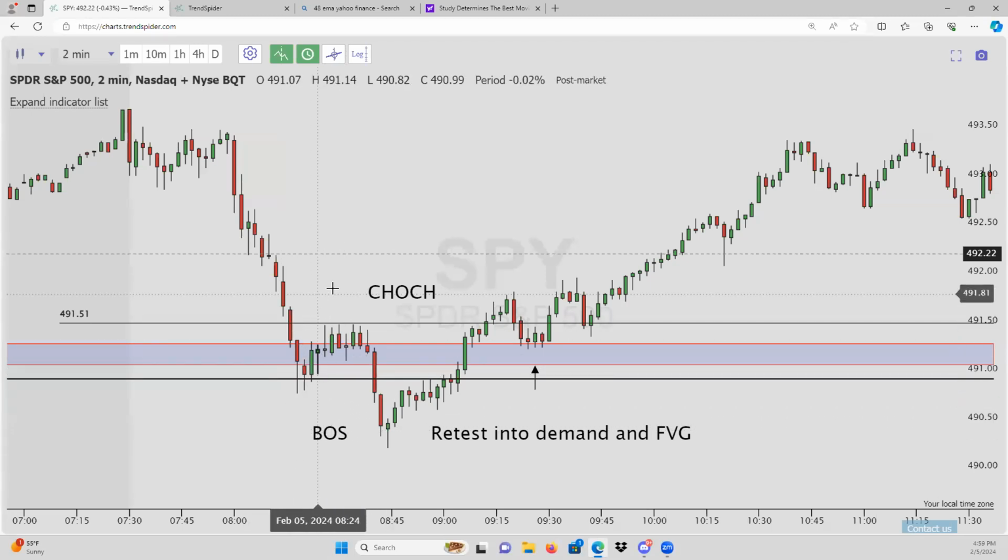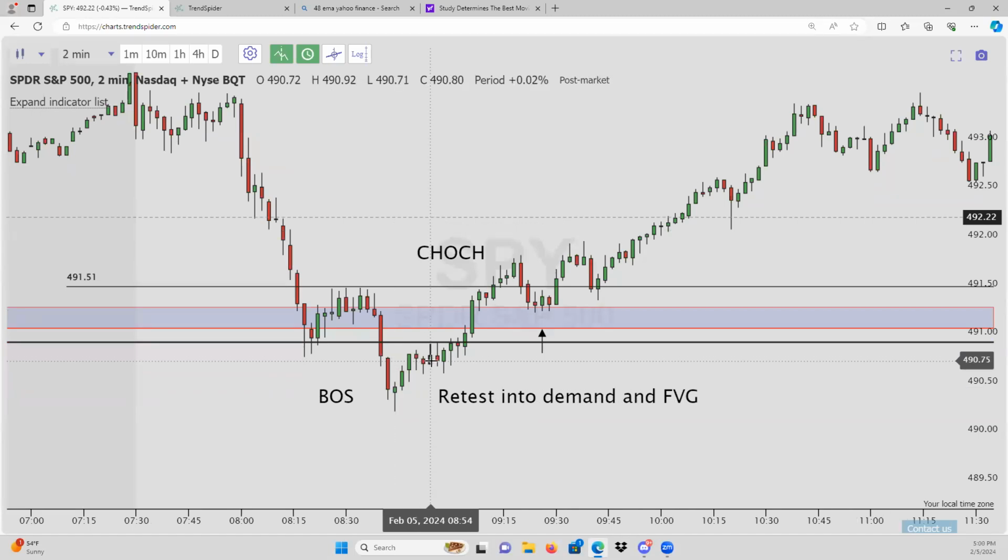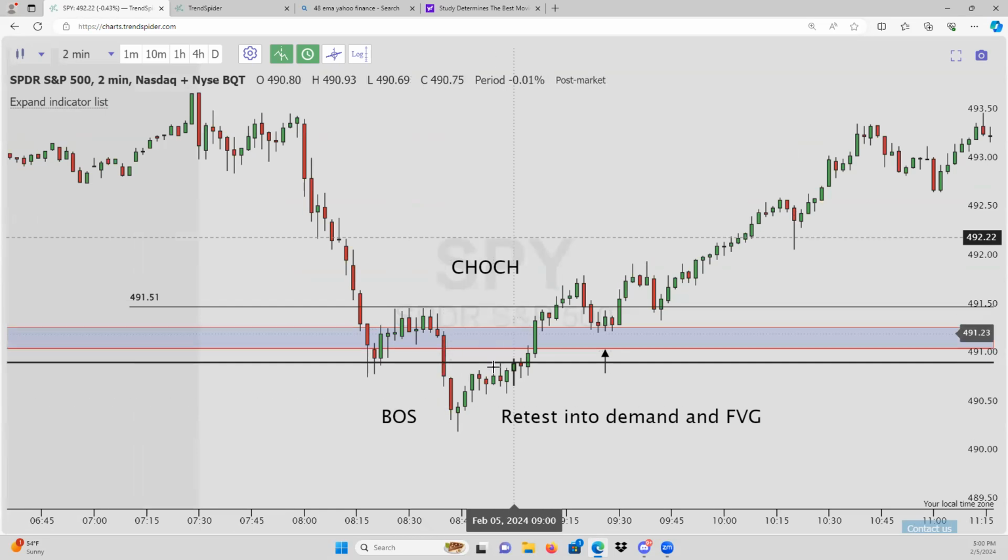Don't get too confused with it. It's just a continuation and then a break of the last lower low. That's all it is, or a break of the last higher high, right? Change of character, right? So we have a break of the lower low. So we have a break of structure. And then the price reverses, right? So now we're starting to get a reversal and it will break the most recent lower high. So since we're in a bearish structure, we have a break of structure here. And then we have a change of character, right? We have a break of the lower high here, right?